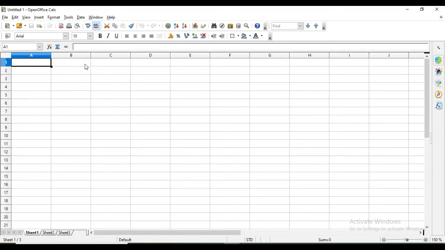So now let's understand this screen. So already we have seen menu bar and tools. So the topmost part where untitled one is written, this is the title bar of this window. Then comes the menu bar: file, edit, view, insert, format, tools, data, window and help. Then comes the toolbar. Here tools are there.